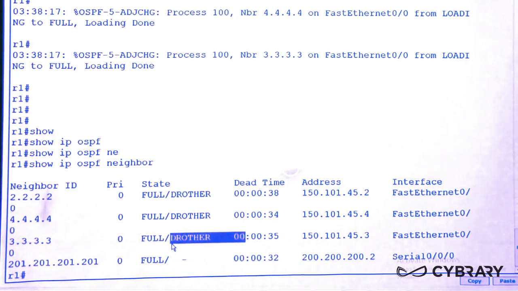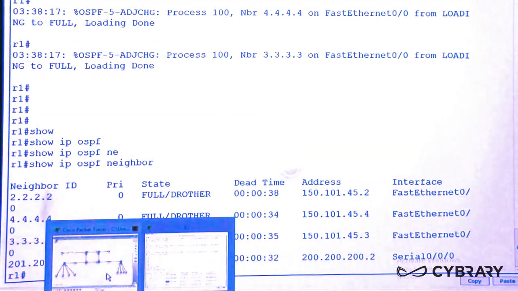We will go check that in a minute, and you see that router 2, router 3, and router 4's priority has been set to 0. Now, all of these three routers are fully adjacent with me, which means they have exchanged their full database, or link state database, with me. How about with each other? Well, let's find out. Let's go to router 4